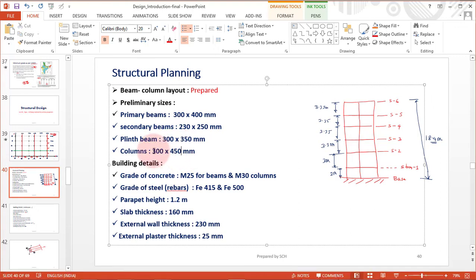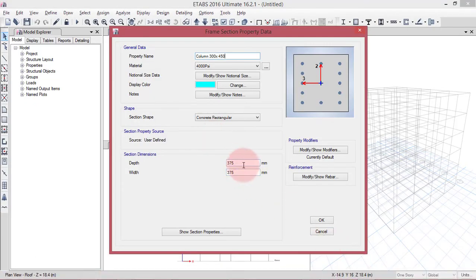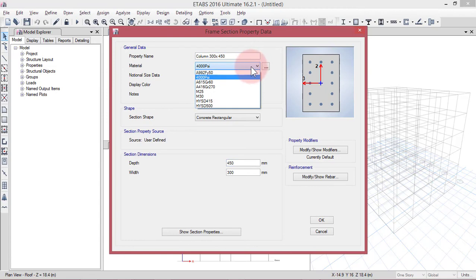So we have column dimension 300 by 450, and we can define that in ETABS. The width is, let us take 300, and depth is 450, and this column property is M30 grade of concrete.